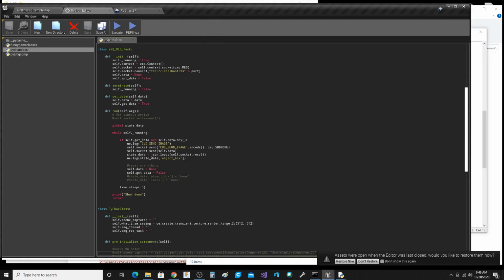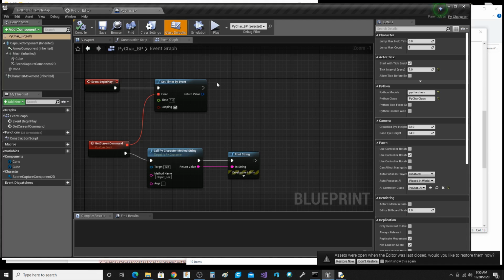So then all we're doing inside of the Unreal is we're just printing that out. So we're talking to the class and we're getting the object box data and we're just printing it out. Or what we're going to be doing in the future obviously is making decisions on what we need to do next once we do an object detection. I'm still kind of formulating that right now, but